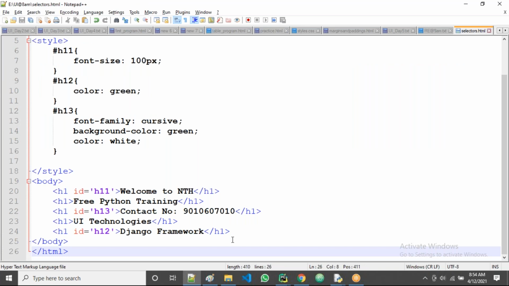A class selector means if you want to apply the same styles on two or more elements, then for those elements we create one class, and that class name we use to apply the styles.